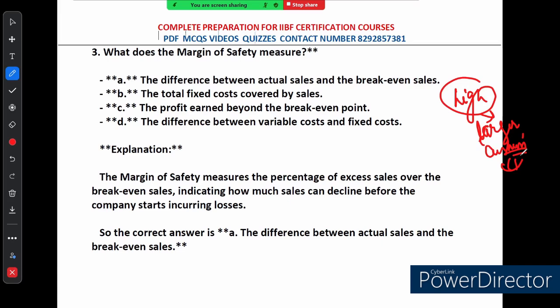On the other hand, a low margin of safety indicates that even a small drop in sale could put your business at risk. So understanding the margin of safety helps you gauge the financial health of your business. It is a great way to assess risk and make informed decisions. So next time you are looking at your sales figures, don't forget to calculate this important metric, that is margin of safety, right? Hopefully why option A is correct is clear now.